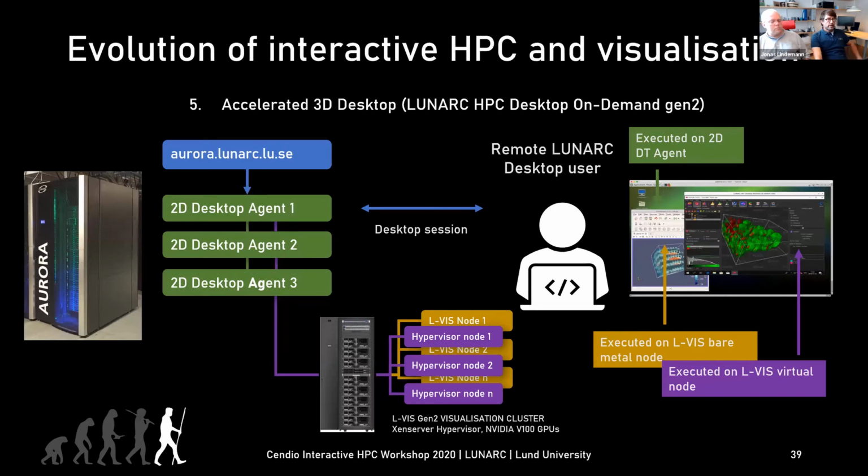So how does this work? Well, it's once again the same authentication and desktop agent setup, but in this scenario, the GPX launcher that Jonas will describe later has acquired a virtual node running on the hypervisor. And we can mix bare metal nodes, the yellow ones, with hypervisor nodes, the purple ones. It ends up as on the right-hand side, with the VM-based application or OS running together with the bare metal system running, in this case, ParaView.